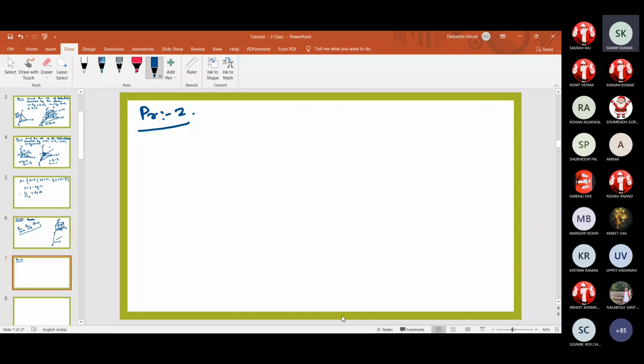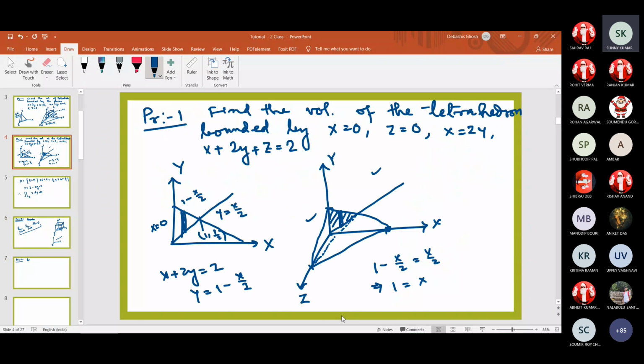Sir, in the previous graph, we can also take the lower part of the graph, but why do we take the upper part, in the XY plane? First question, x equal to 2. X equal to 2 means the y axis, I think. In the previous class, page 4, the graph is drawn. So x equal to 2y divides the xy plane into two parts, and we calculate through the upper part. Why do we not go for the lower part?